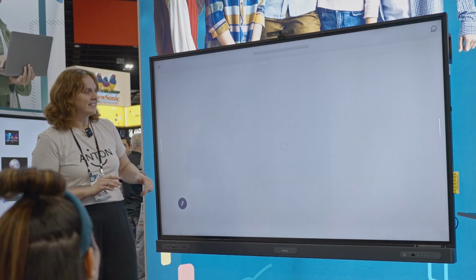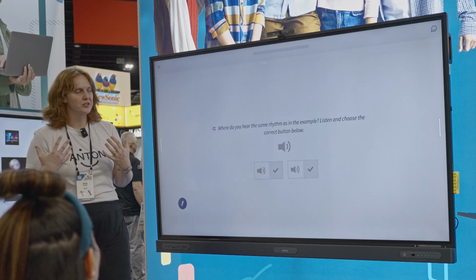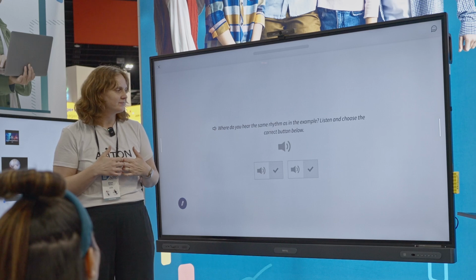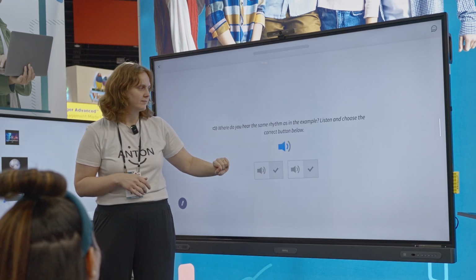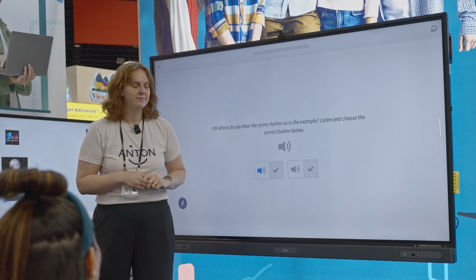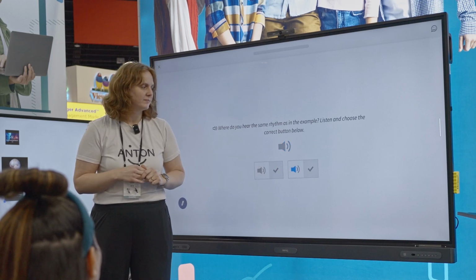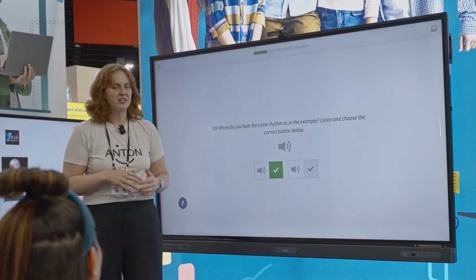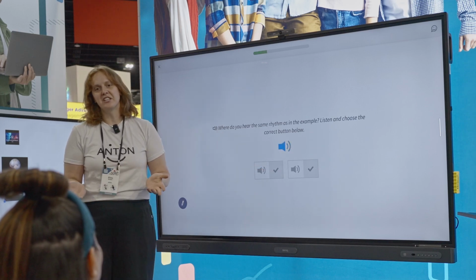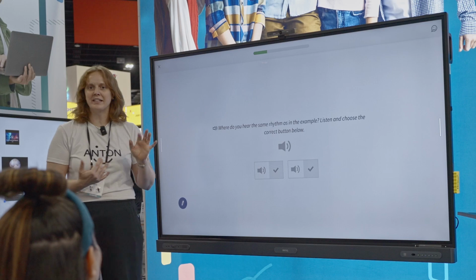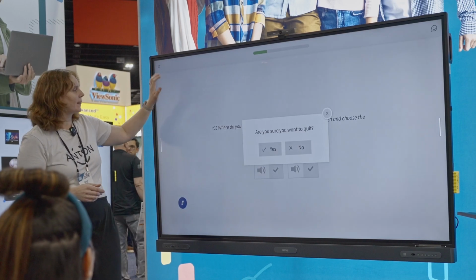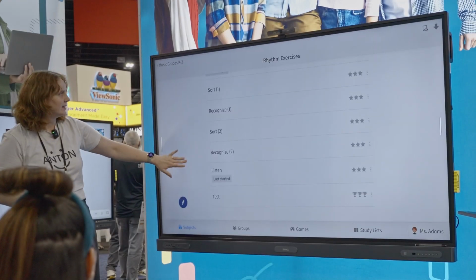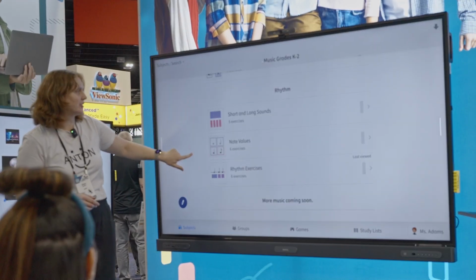And then we can go to listen, where it's going to start getting more difficult. Listen and choose the correct button below. And so you would have to click this one. And again, this is kindergarten to grade 2, so it's all a little bit more simple. It's going to progressively get more challenging. I can also show you